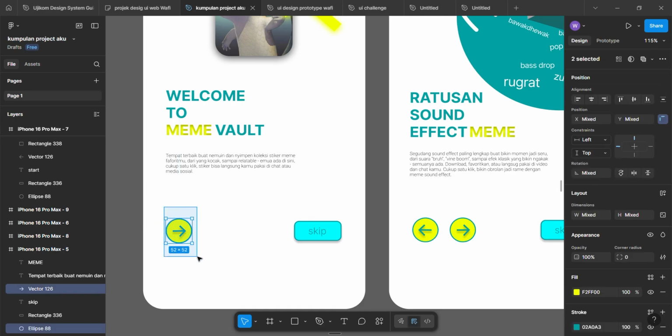Right now, I already have a few pages, around 4 or 5, that I have designed in Figma.